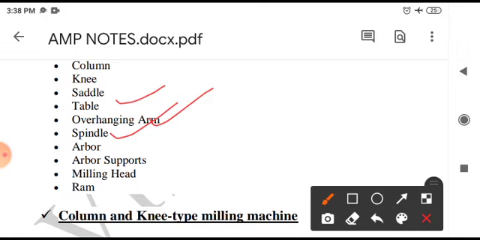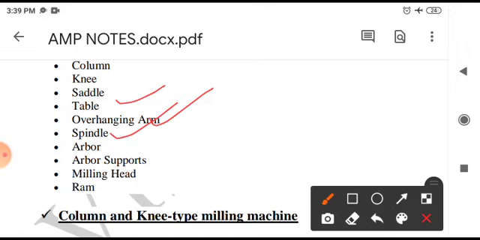In the spindle our cutter is fitted. It is an accurately machined shaft designed to hold rotary milling cutters. Like the spindle of a lathe holds the workpiece, in this milling machine the spindle holds the tool or milling cutters. One end of the arbor has a taper which fits into a corresponding taper in the machine spindle.